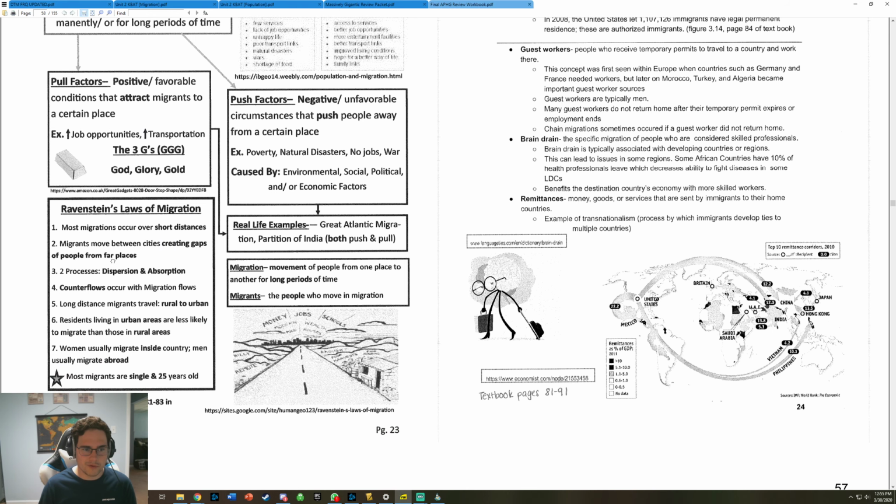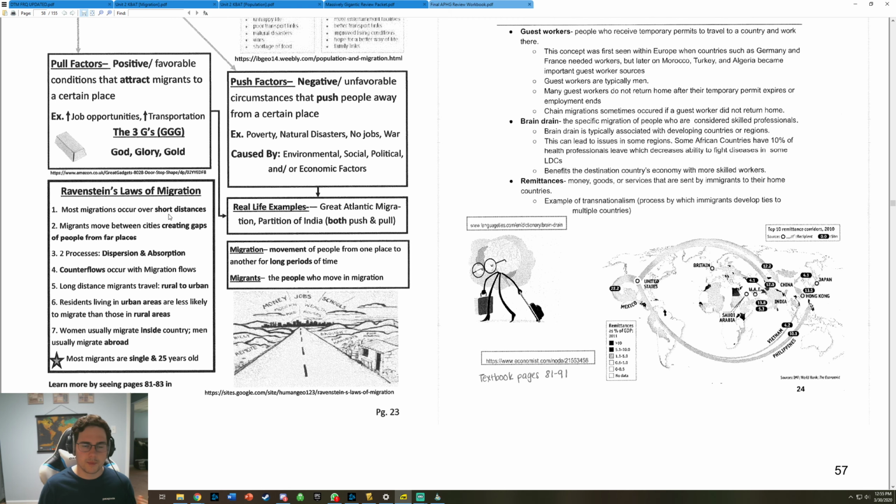And so my boy Ravenstein came up with some laws of migration. I'm not going to go through all of them, but we'll cover the main ones. People don't really move that far. It's a hard thing to do. You need money, you need time, so you go short distances. It's especially hard to move to another country. If I went to Norway tomorrow, I don't know Norwegian. They probably speak better English than I do, but it would still be a huge cultural shock to get used to. Maybe I wouldn't be accepted. So there are a lot of risks, and people go short steps.